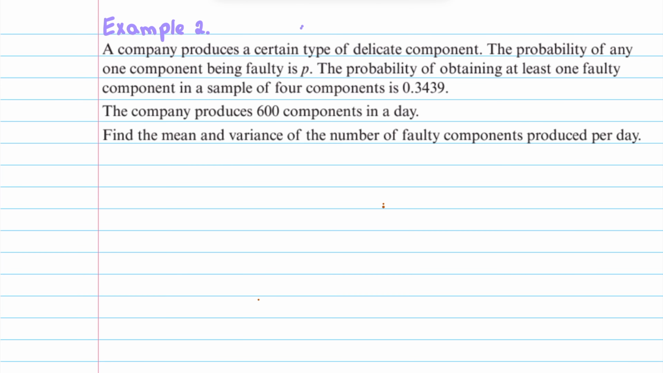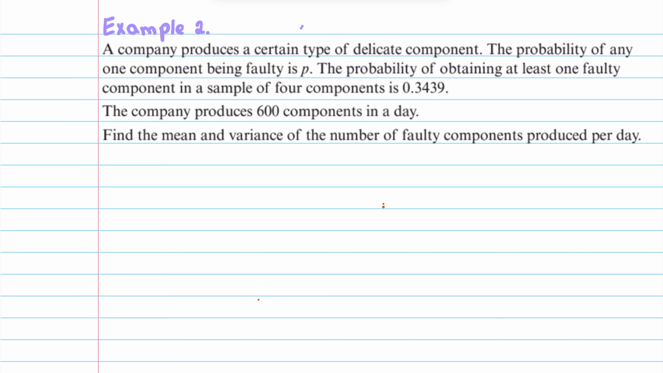Example number 2. It says a company produces a certain type of delicate components. The probability of any one component being faulty is p. The probability of obtaining at least one faulty component in a sample of 4 components is